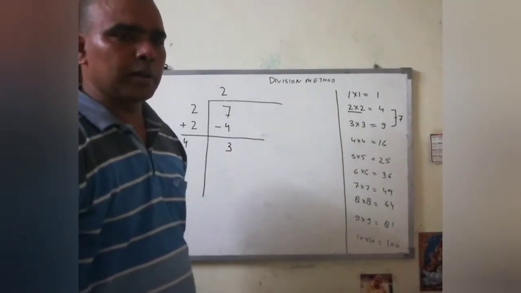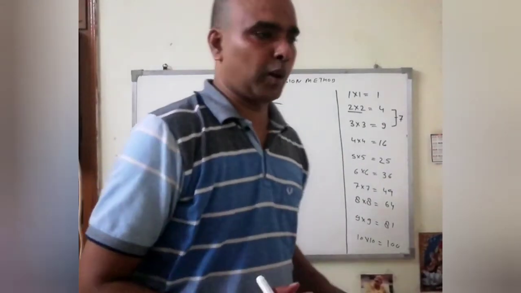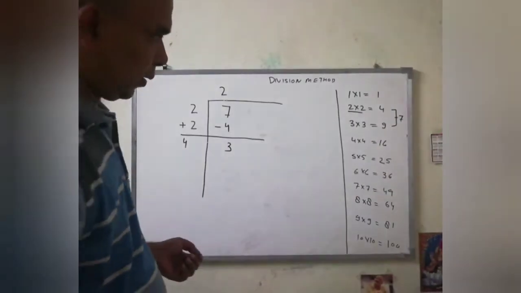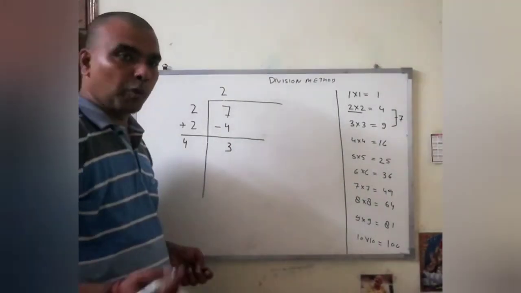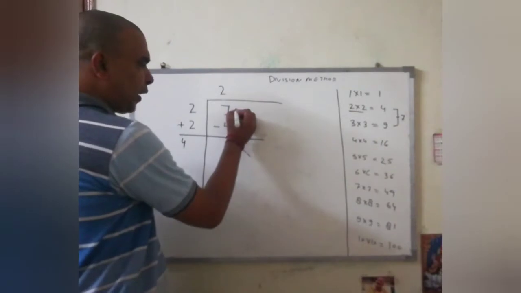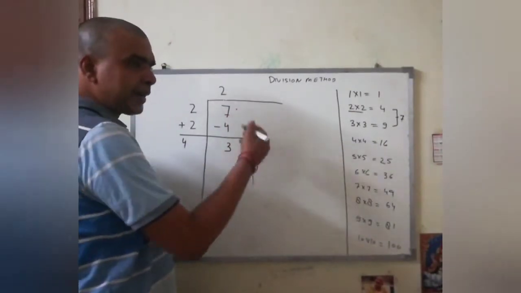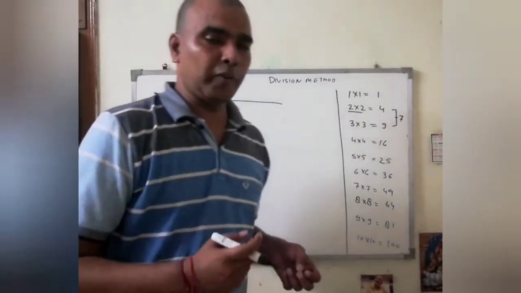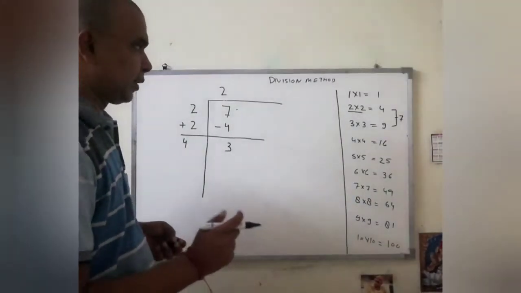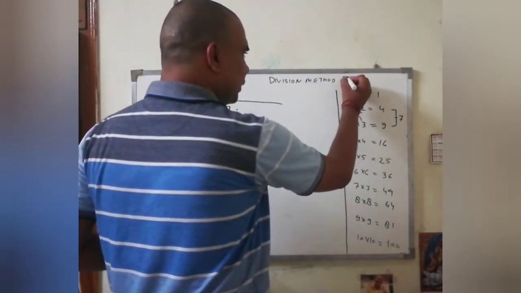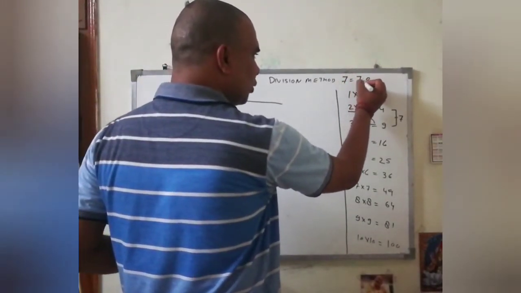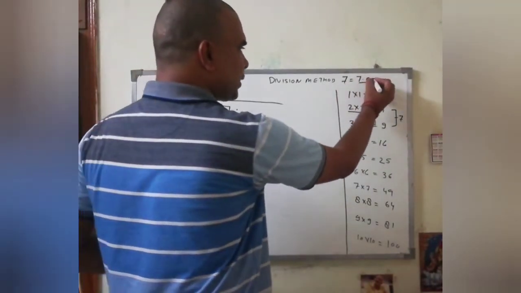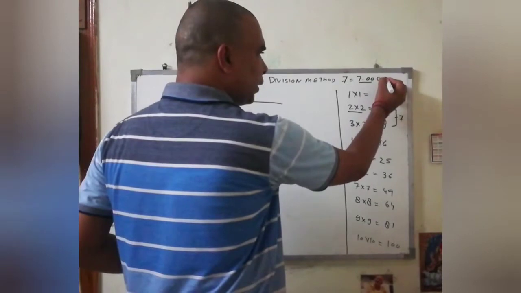Now every student gets stuck at this point. What will we write next? As there is no number after 7, what will we do? We will put a point here and we can extend 0. As you know, if we extend 0 after the point, the number doesn't change. We can write 7 as 7.0. It doesn't mean it has changed. It's the same as 7. We can extend any number of 0s here.